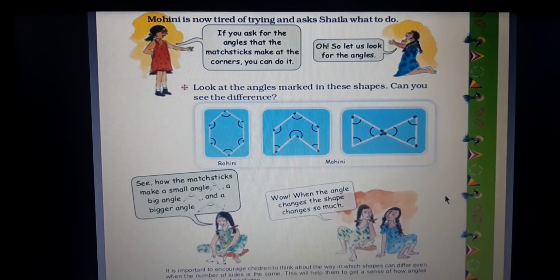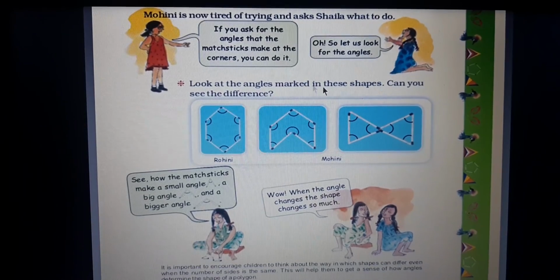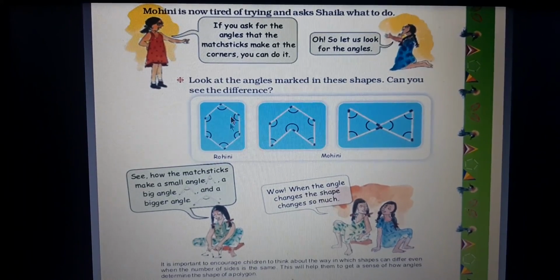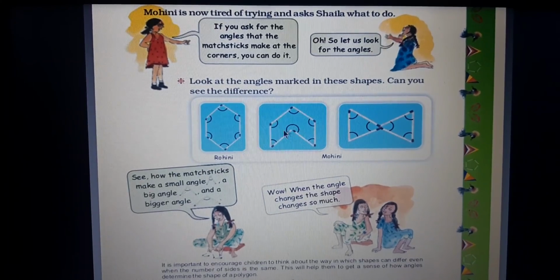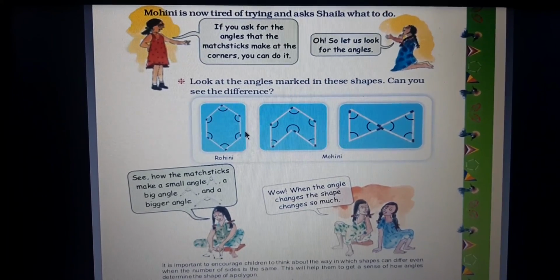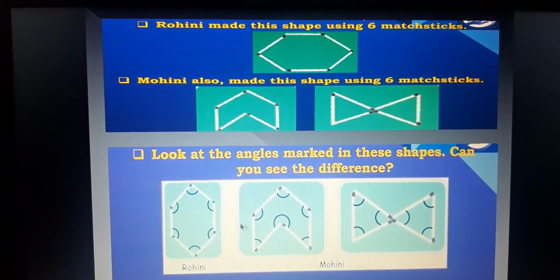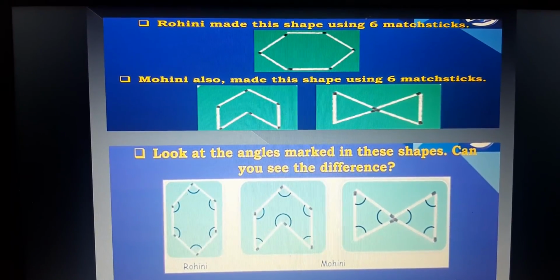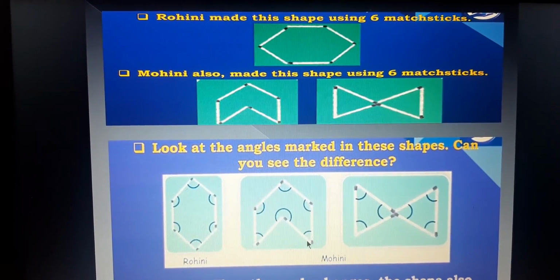So here was the activity from page number 17, right? How she can form a shape by giving a hint based on the angles. So we learnt about the angles. She gave a hint on how it is considered, how he can make it. By using that hint, later on she formed it. When they formed it, they guessed the shape by the angles. Later on they found out by forming angles. Wow, when the angles change, the shape also changes, right? So it is based on the angles that the shape is changed, not by the sides.